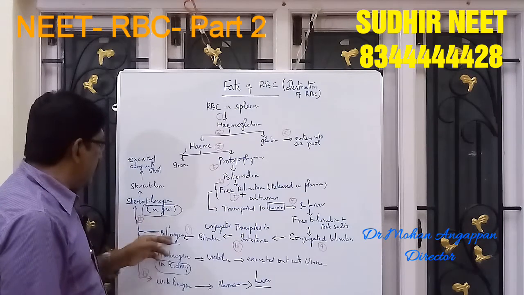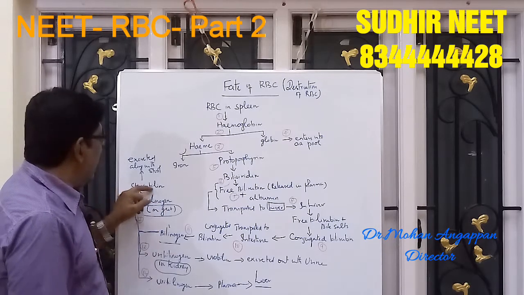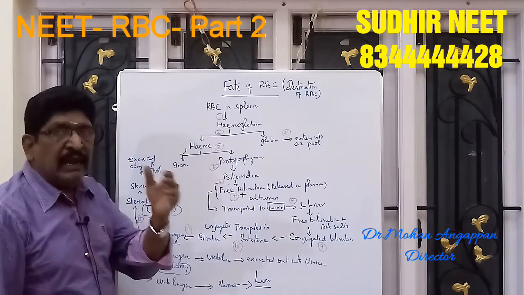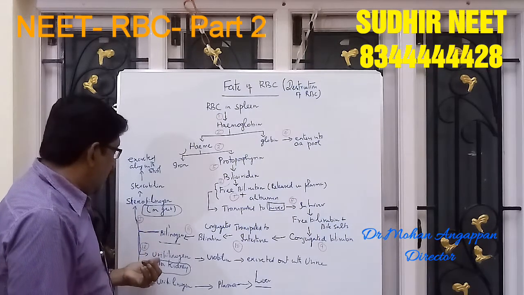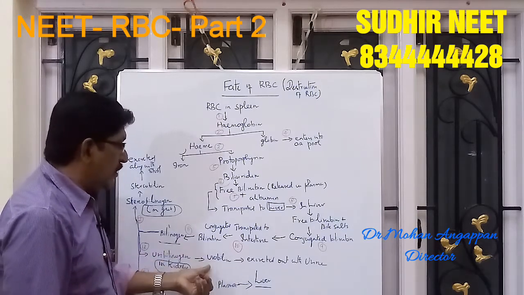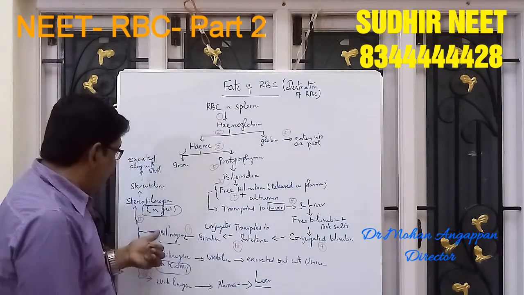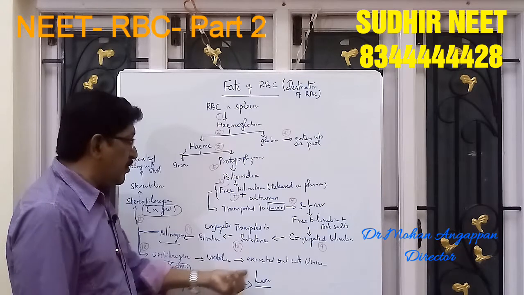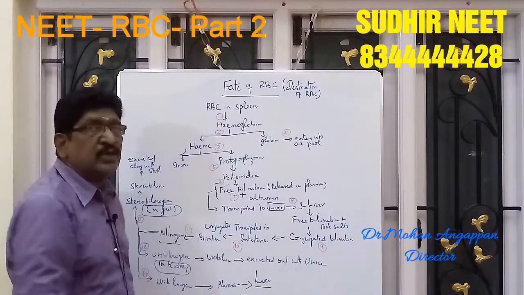It takes three forms. This bilinogen is converted in the gut as stercobilinogen and ultimately into stercobilin. This comes out with the stool. This gives the color of the stool. Then this bilinogen is converted as urobilinogen in the kidney and it is converted into urobilin and comes out with the urine. It gives the color of the urine. And finally, the remaining urobilinogen goes to plasma and then is transferred to the liver and destroyed. So this is about the fate of RBC, how the RBC is destroyed.